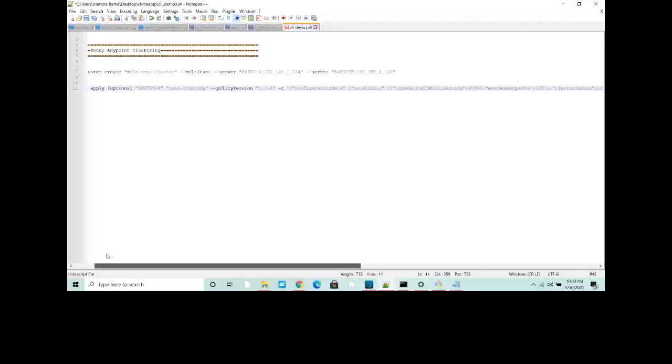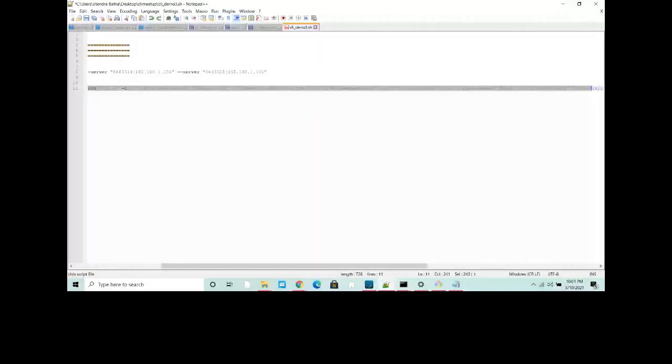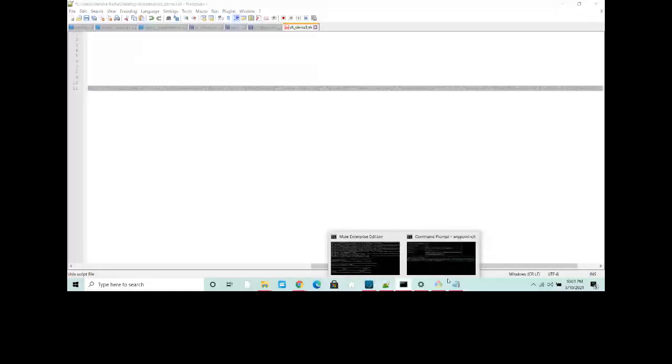This is good. Yeah, this option is not the right way. We have to remove this. Okay, we have made some mistakes in the command. So generally we have to be careful while writing the commands. Copy this and paste it here.